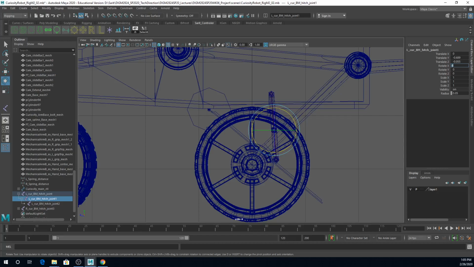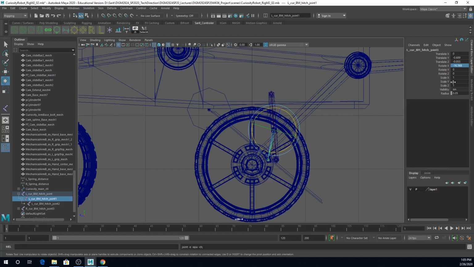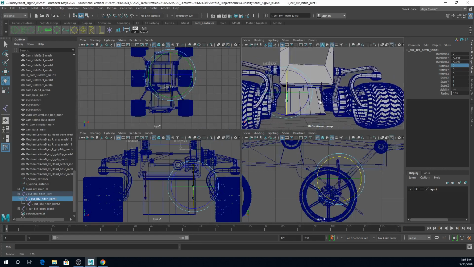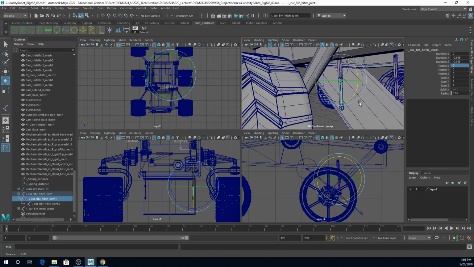Put 0 on it. Now, let me undo one more time. I just found out that if you use assume preferred angle, it will snap back for you. Oh no, it does not. Okay, never mind. Last section is snap back. So set preferred angle and then put 0 back. We don't want to change the shape. We just want to tell Maya that, okay, that's the